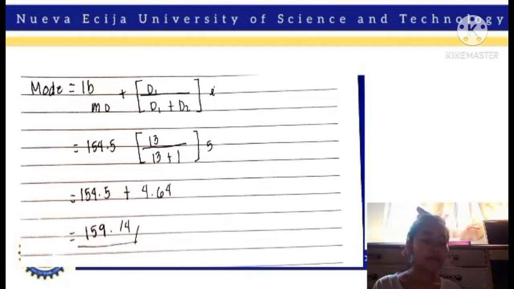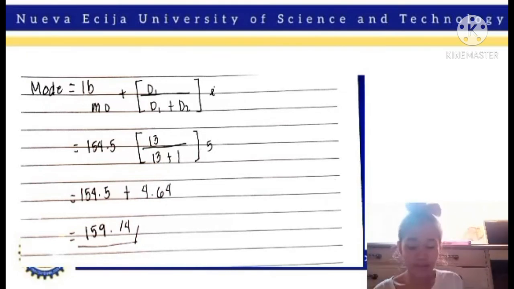So 154.5 plus 4.64 is 159.14. So 159.14 is our mode. So that is how you get the